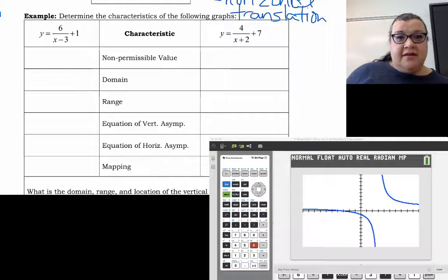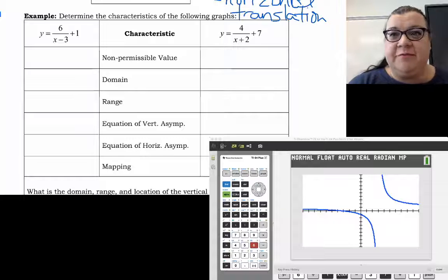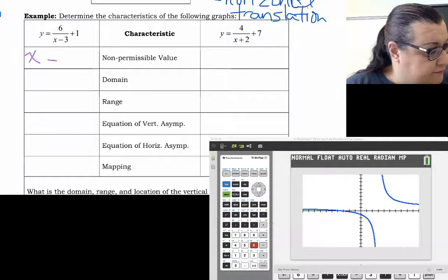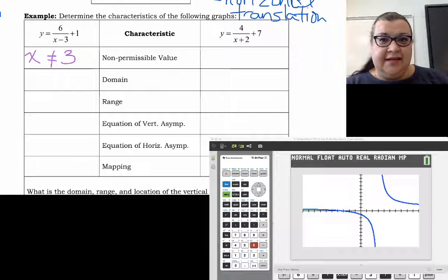So what is our non-permissible value? Well, of course, our non-permissible value we get from the denominator of the expression. So x cannot equal 3. And what's our domain? Well, let's take a look at that. Our domain